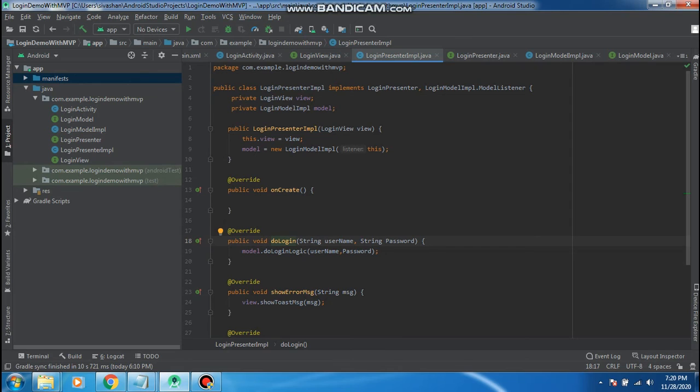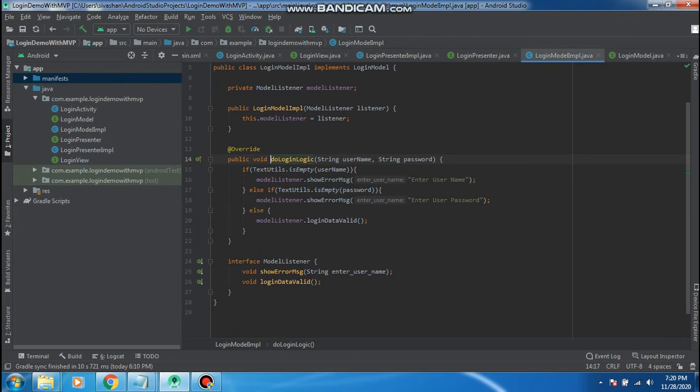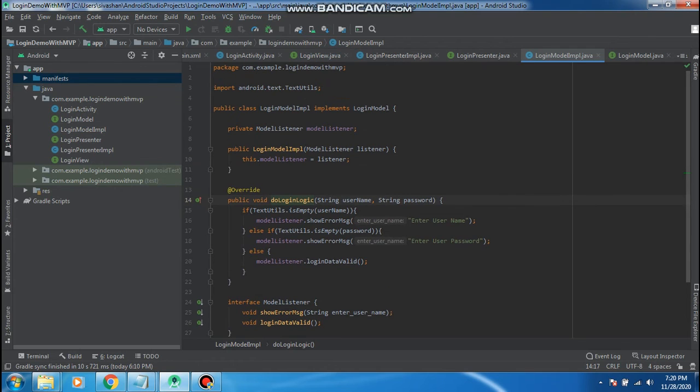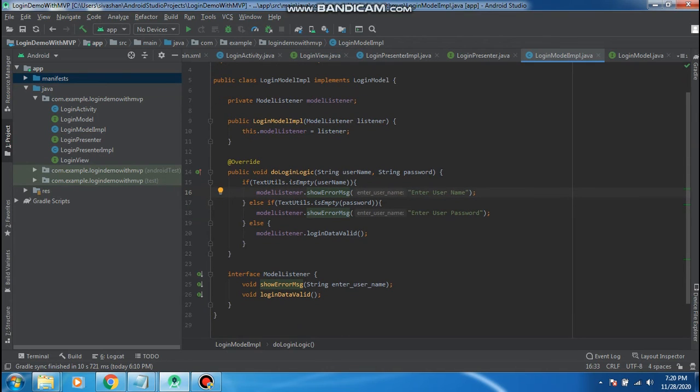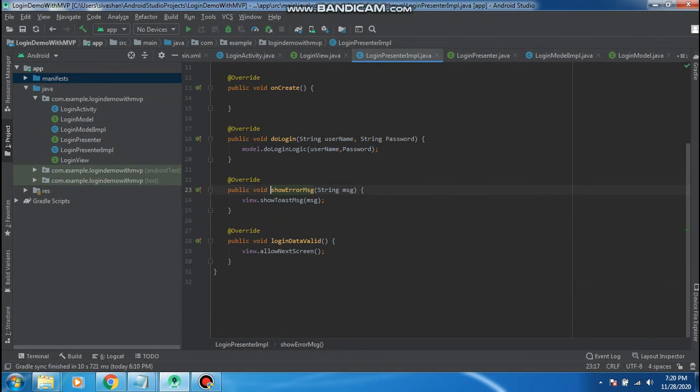Here I call a model class method, so it calls this method. The model class contains the entire business logic. If the data has an error, it triggers this method. This method goes to the presenter. The presenter will communicate with the view.